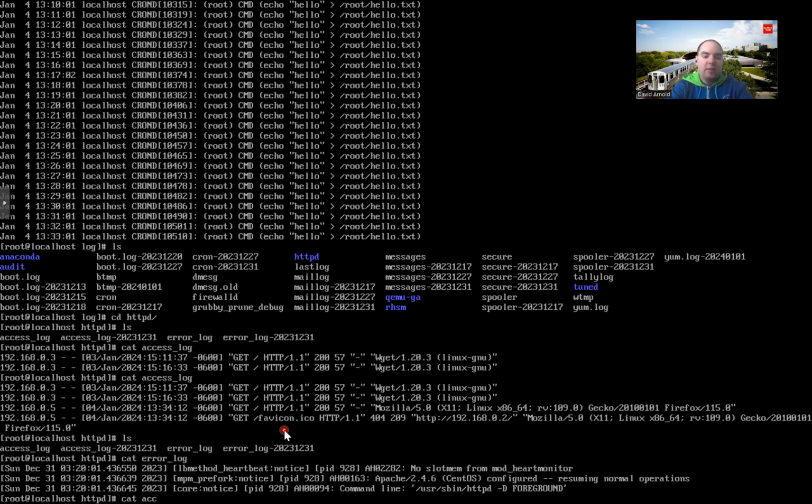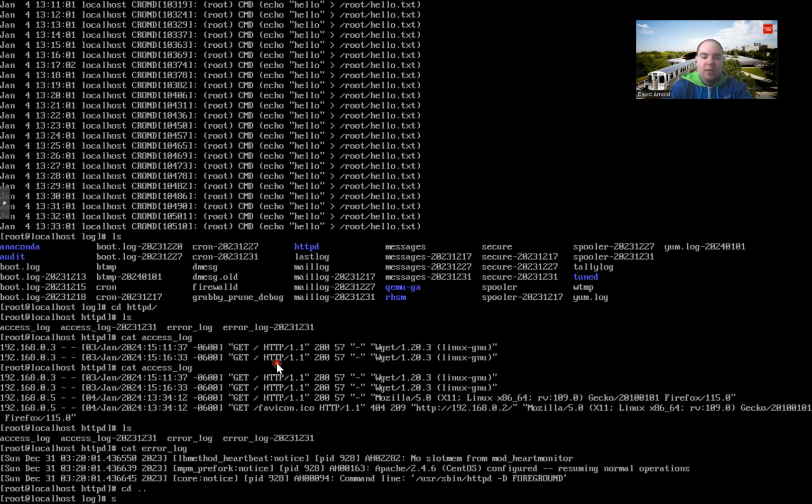Do note that they rotate the log files, as you kind of saw with the messages, and they essentially just add an extension here. So the most recent is going to be the one without the numbers and so on. That's just something there. So this was just on your